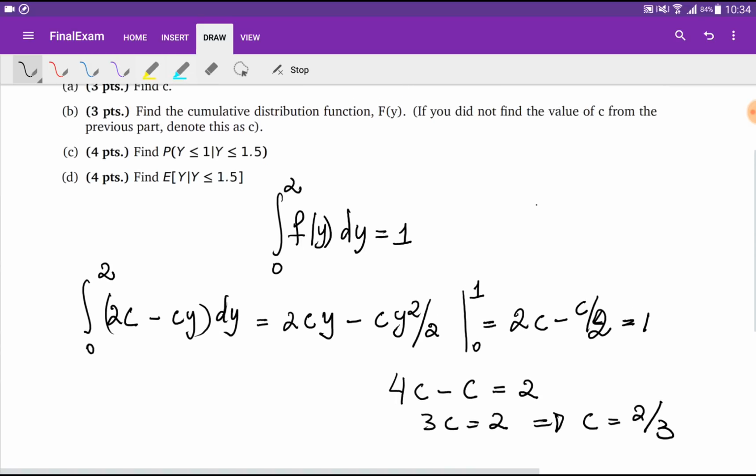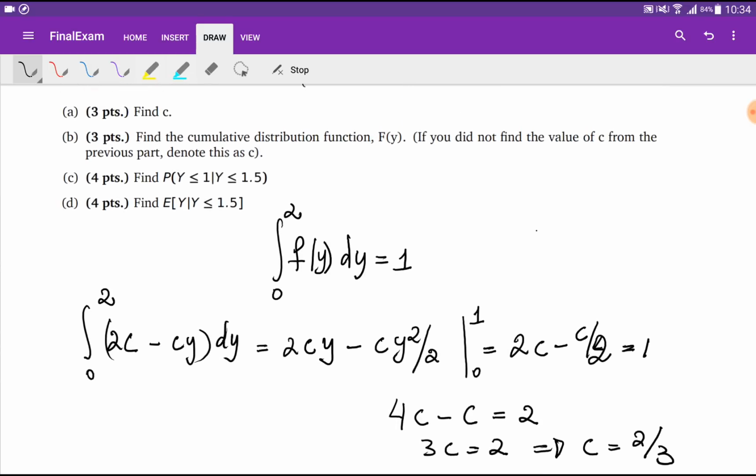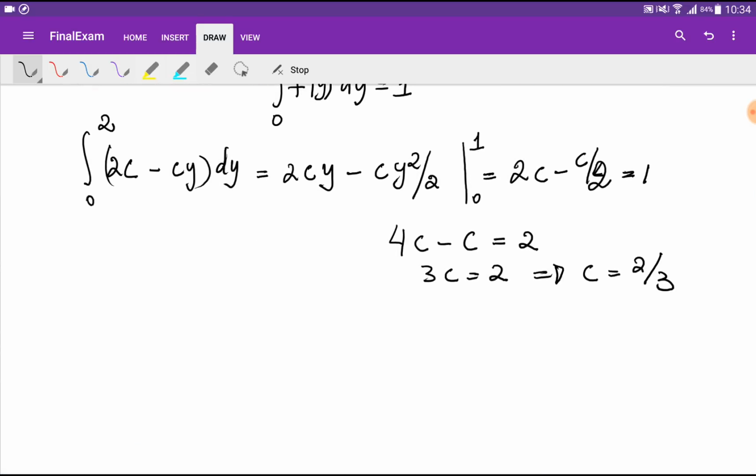Okay, so in the second problem, we need to find a cumulative distribution function F of y. According to the definition, this is the probability that the big random variable is less than or equal to the small one. This is equal to the integration from minus infinity, or in our case from 0 until y, of the